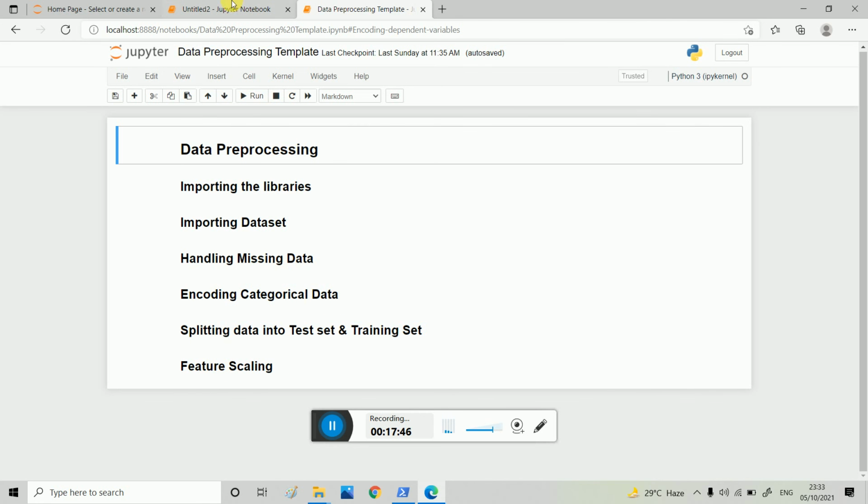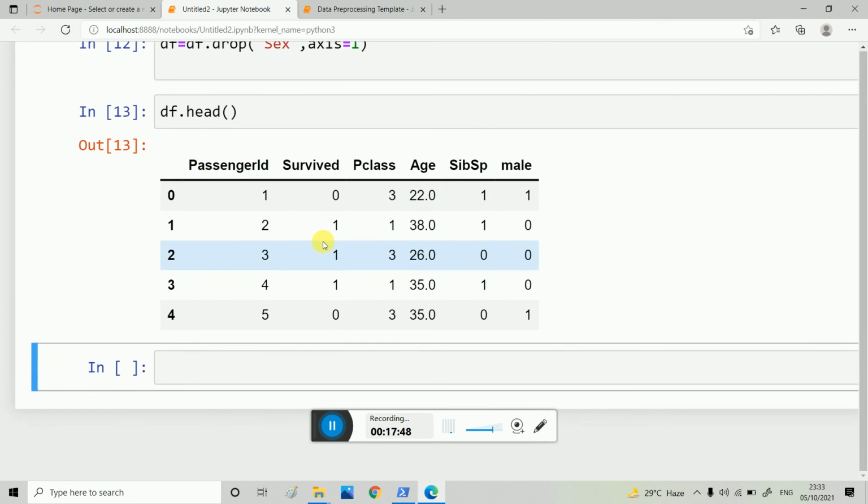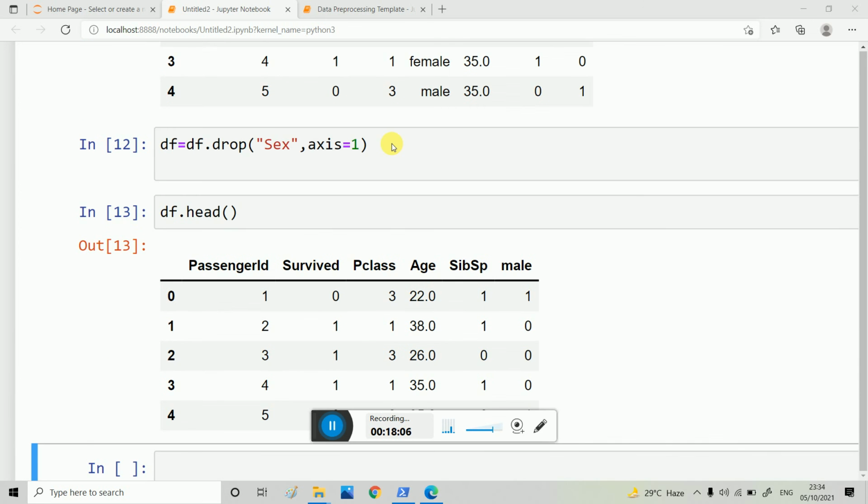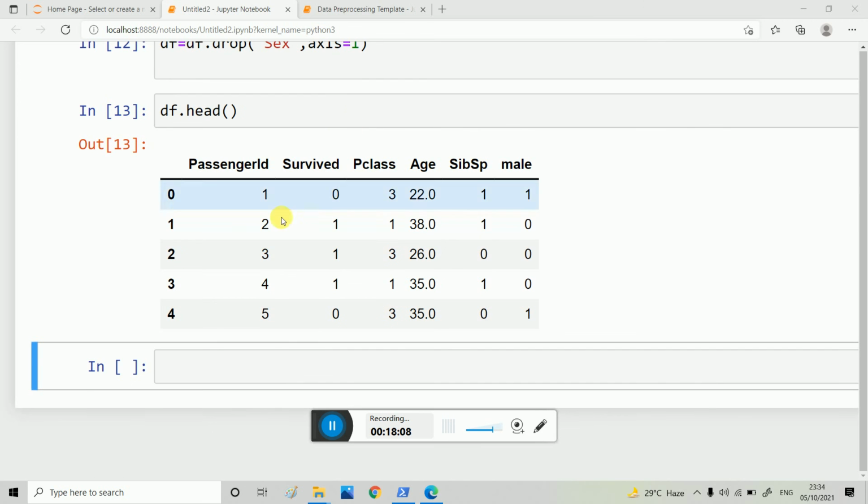So now feature scaling. Firstly you have to understand that all the numerical data that the data set has should lie between -3 to 3. Here age is greater than that, so we have to do feature scaling so that our model will predict the best result for this case. So let's see how feature scaling can be done.